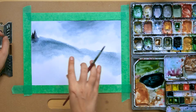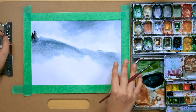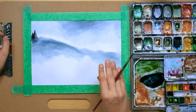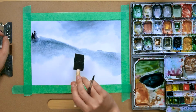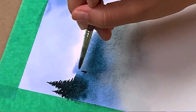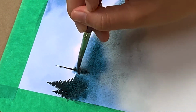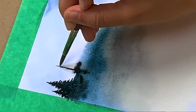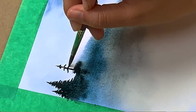And you definitely want to make sure as you keep going across that you re-wet some of the areas as you add the pine trees if your paper dries in places. You can go ahead and utilize your sponge brush to do that, so that way it keeps consistent with the wet and wet technique. And that way you still get that loose, foggy Pacific Northwest quality to the pine trees